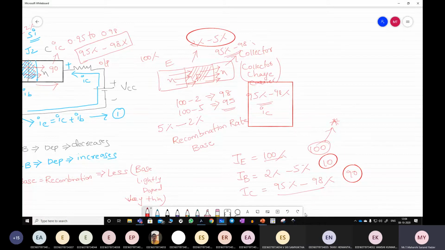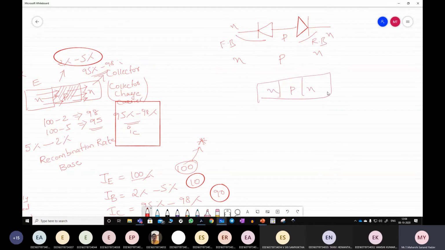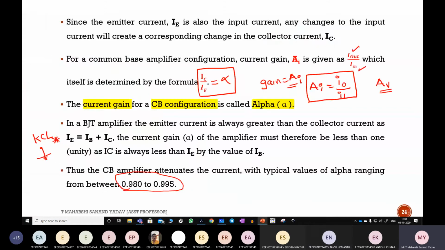This is the notation, simple. Or else you can explain in this manner also. This is NPN. Here this will look something like this. Like this also you can draw. This is N, this is P, and this is N. Here this portion, I mean N to P, is nothing but forward biased, and here P to N is nothing but reverse biased. Again the same explanation, but the diagram is changed. I've drawn in the form of diode simply. See, from there I got this factor. This is nothing but simply in the range of 95% to 98%.